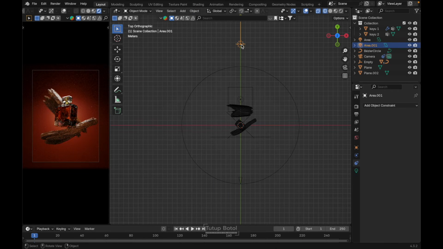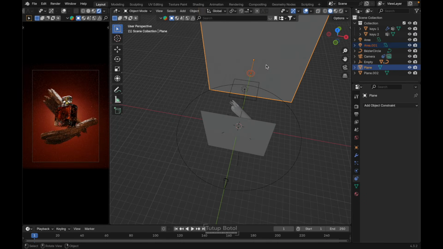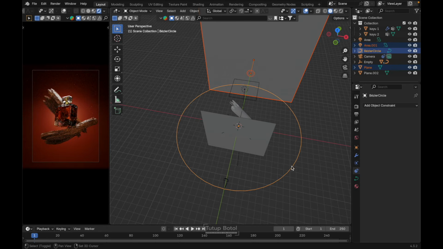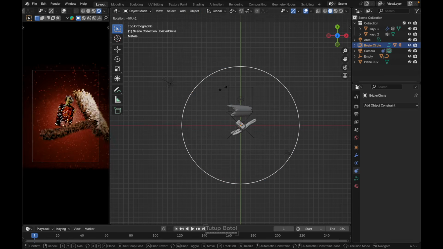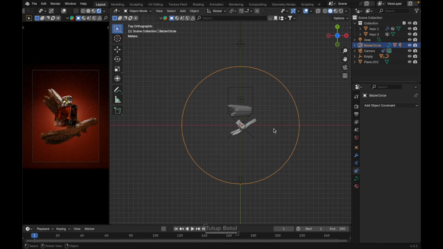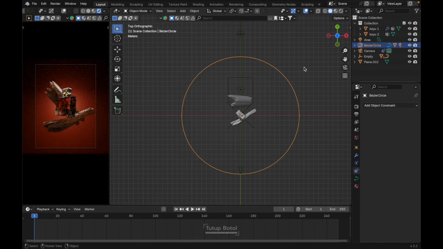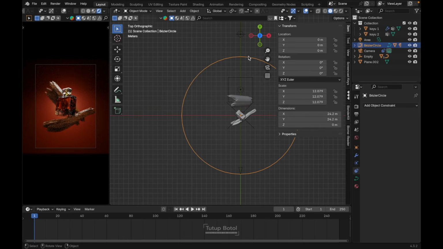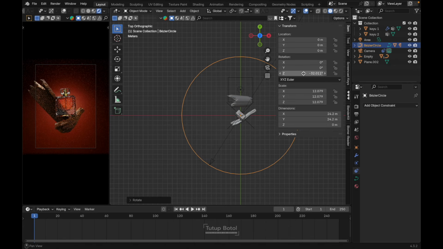We're just gonna select the light here and the background over here, then select our Bezier circle here, press Ctrl P, object keep transform. So when we rotate this one, the background is following also. Let me expand down over here a little bit, press N, R to rotate it, just like this.